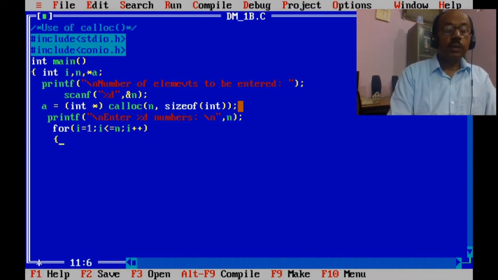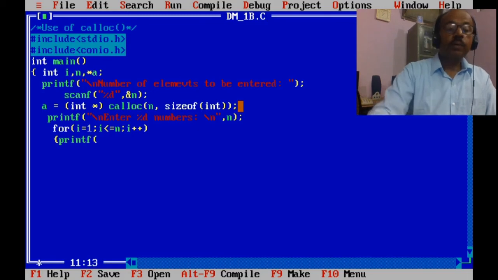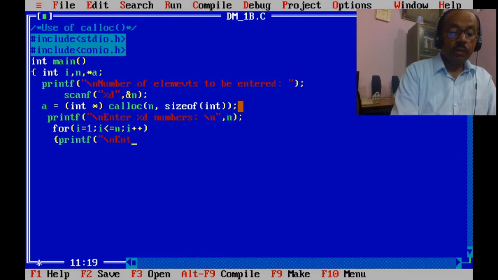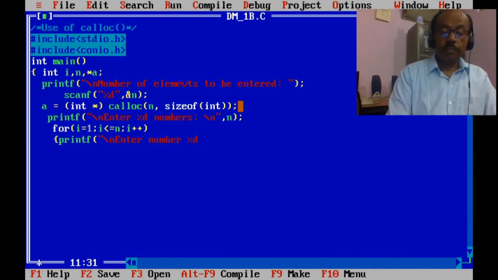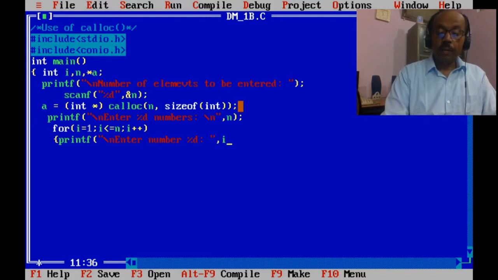Now enter a label: printf "enter number %d", that is i. Enter number i.